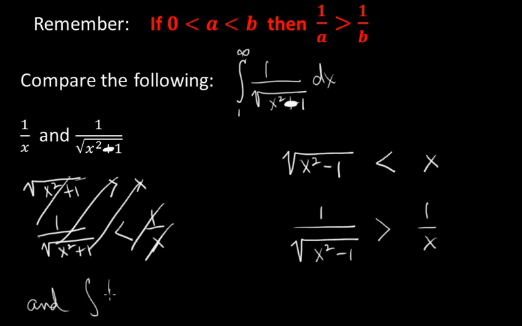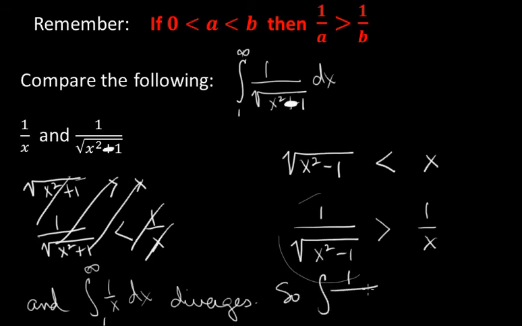And the integral of 1 over x dx from 1 to infinity, we proved, diverges. Well, this function is over it. So if 1 over x doesn't get down fast enough to have a finite area or to converge, then we can say the integral of 1 over the square root of x squared minus 1 dx also diverges